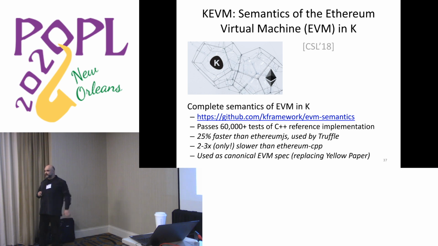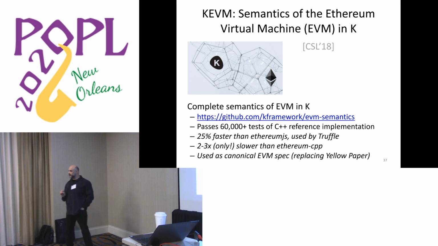We do not beat yet the C++ implementation. And I say yet, why? There is a C++ implementation of Ethereum, which is widely used. Why? Because when we talked to the designers, Greg Colvin and others, they said that they didn't spend a lot of time to make it efficient, because that was not the point. The point was to be very clear so people understand it, so it serves as a reference model. Great, and the semantics is even better from that point of view. But we hope that eventually we'll also be able to catch that. So like 2 months ago, we were like 10 times slower than the C++. So there is lots of progress being made.